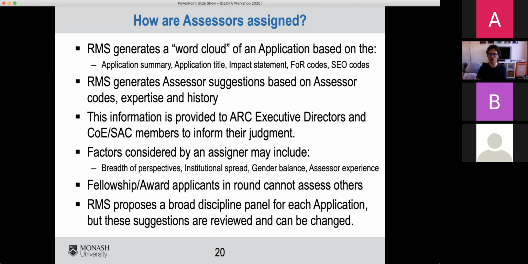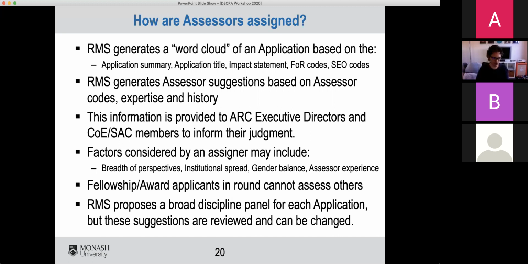So they'll want to get a range of career stages, potentially a breadth of perspectives across different fields. They probably don't want the group of 8 applications just going to other group of 8 universities and vice versa. They want to get gender balance in there, and they want to get a range of assessor experience. They don't want applications to go to only very inexperienced or experienced. So that's where the judgment comes in, in trying to choose the right assessors.